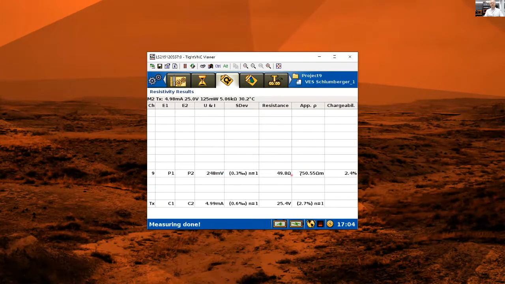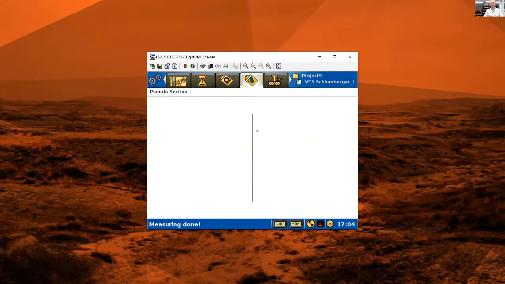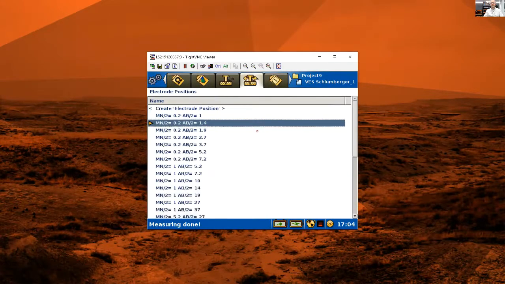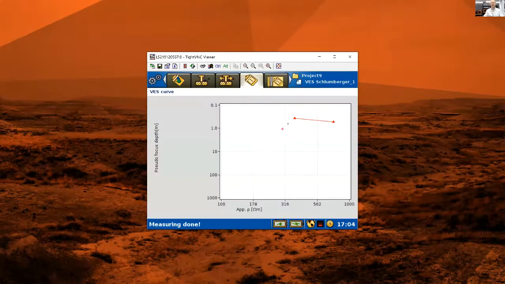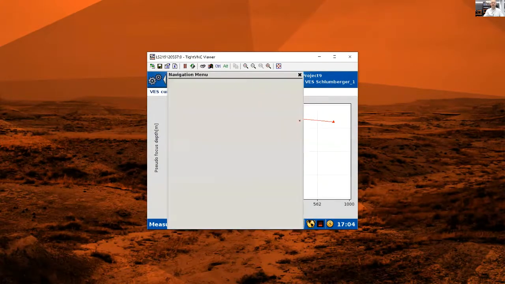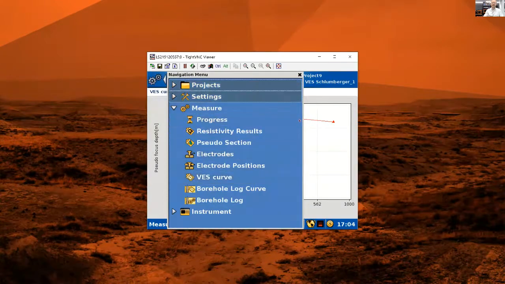So to change those values that we've got, what you'll see is that the voltage hasn't actually changed because the electrodes haven't moved, but because it thinks the spacing is different, I now have a different apparent resistivity. If I jump along to my results tab, my sounding curve, we can see that the first 2 data points have appeared. If I look at a data set that I've actually collected more data within,